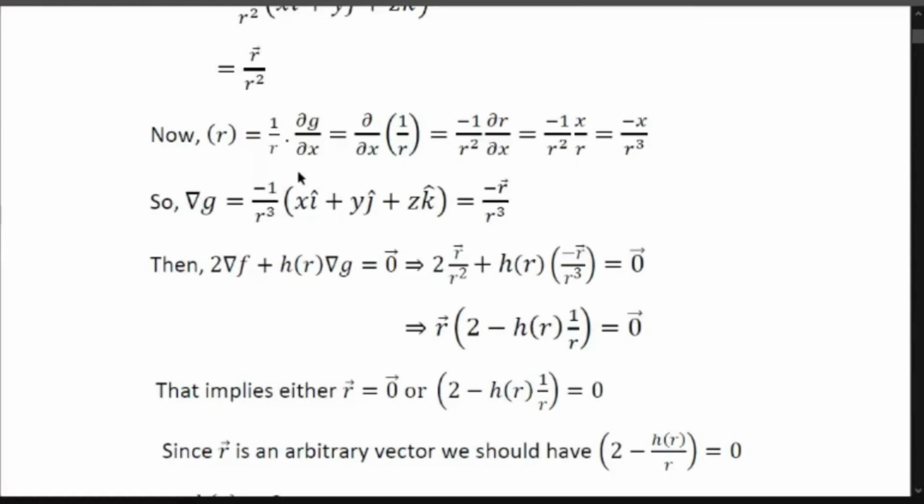We have found out dou g by dou x, so we can get dou g by dou y and dou g by dou z from here. It will be minus y by r cube and minus z by r cube. So del g is minus 1 by r cube times xi plus yj plus zk, which is